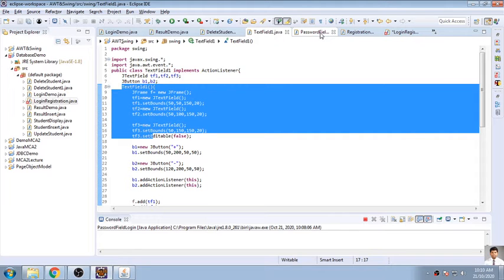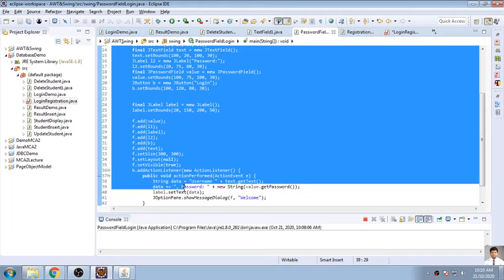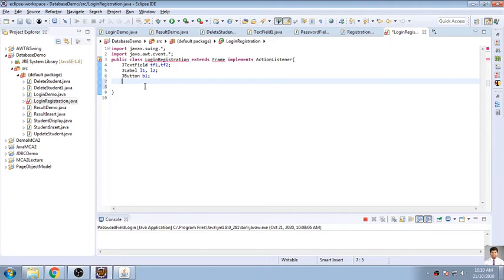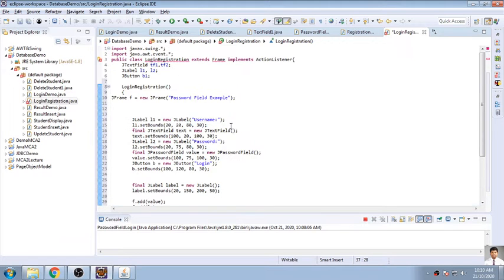So we'll write some constructor. We'll create one constructor of this class, that is, LoginRegistration is the name of the constructor, and in this constructor we'll initiate everything.